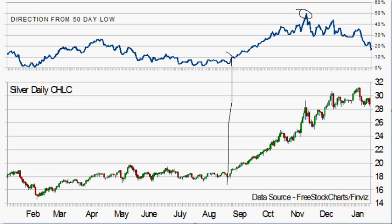This really doesn't give you sell signals because if you were to sell at this top in here, that means you'd be selling at around 28 or so. And that, of course, was not the top. And the 50-day low right now is 2470-ish, I think. I can't remember offhand, but tomorrow will be 25, and it will remain 25 for a few